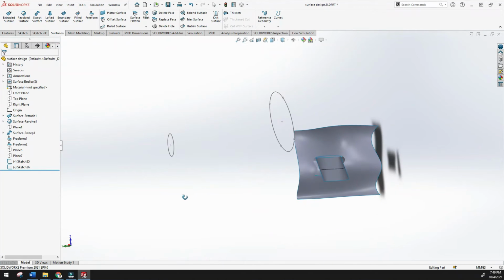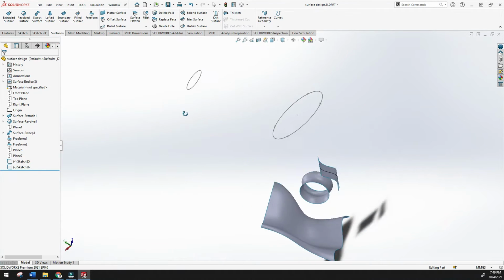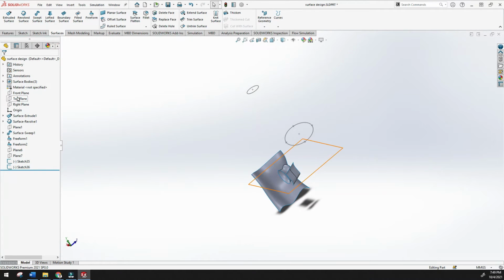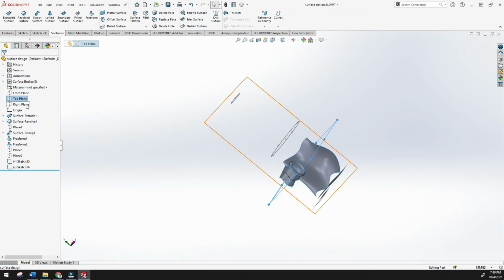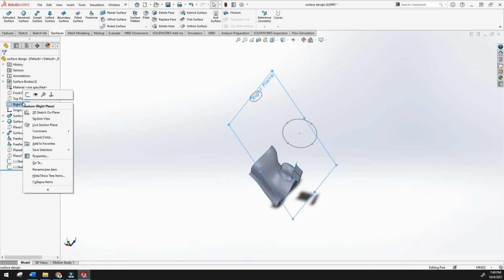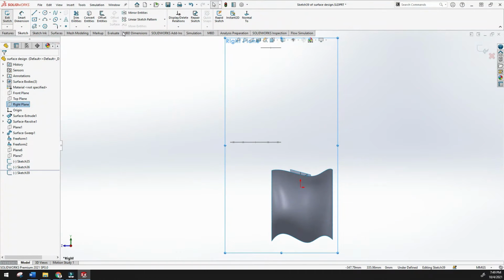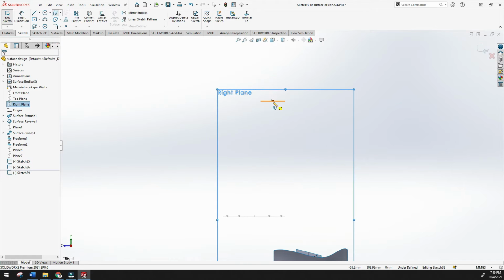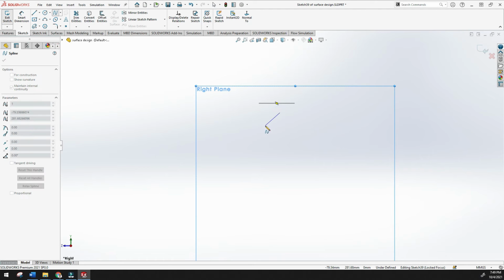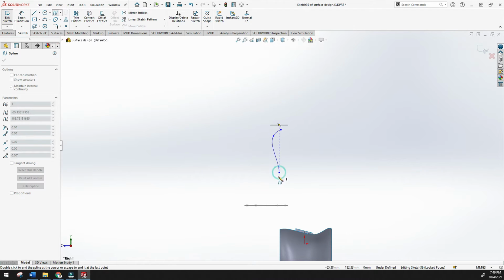But if you want to use the guide curve, then try to create the guide curve. For that, I create the guide curve from the right plane: right click, sketch, and no need to connect now, just sketch from here. Escape to disconnect.